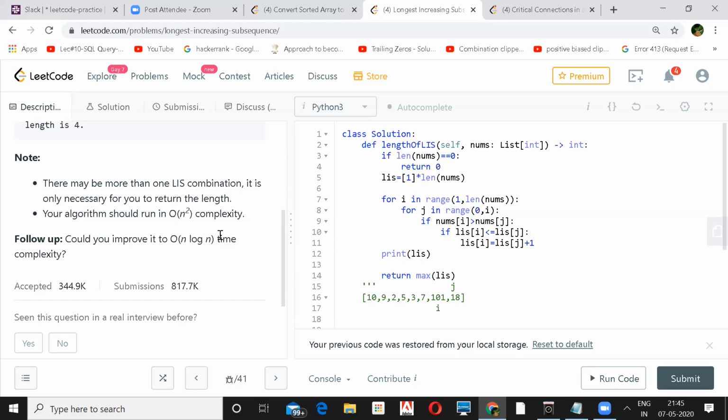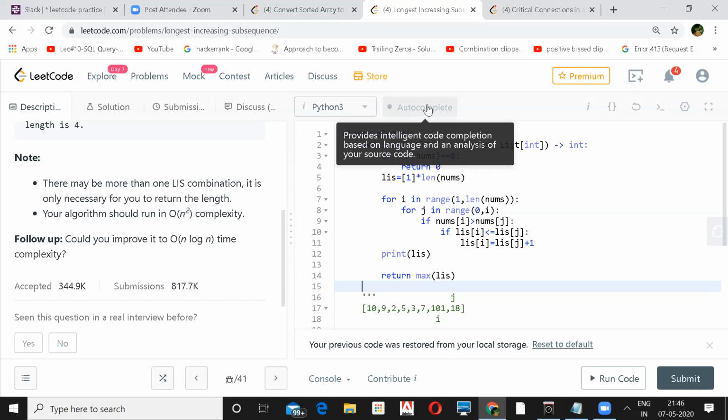But before going to that, don't you have any solution for the top-down approach? Top down, no, I don't have. Okay, no problem. I think for top down, how should the recurrence be? I can quickly go through it, but that's not the efficient way. I'll just show you the code how it is.